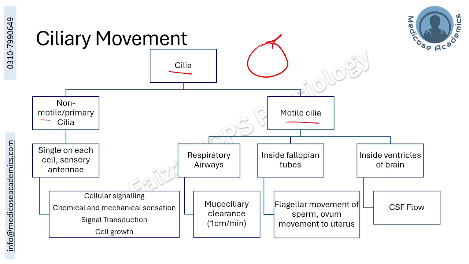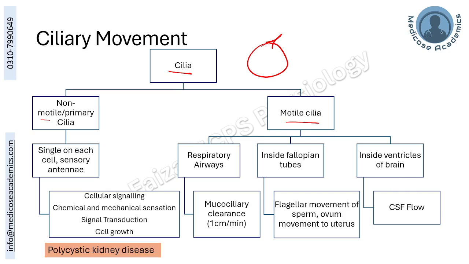For example, the upper respiratory airway is lined by cilia, which help in mucociliary clearance. Inside the fallopian tube is a ciliary covering, which helps in the faster movement of the ovum towards the uterus. Also, sperms exhibit flagellar movement because of the microtubular assembly inside them, and the mechanism is similar to ciliary locomotion. Also, the inside of the ventricles of the brain has a ciliary surface that helps in the smooth flow of the CSF.